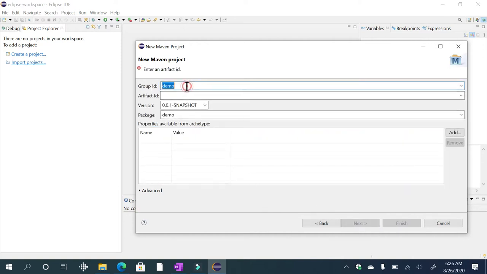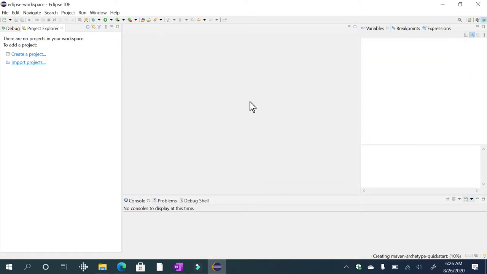And the very first time it will ask you the group ID. Group ID is nothing but its project name. Like you can say demo or Selenium demo, whatever. So preferably start with Selenium trainings. The artifact ID is nothing but the name of the jar file. So you can give whatever. Okay, let's keep this the same and don't add anything over here. Go and finish. You see, one folder is created.